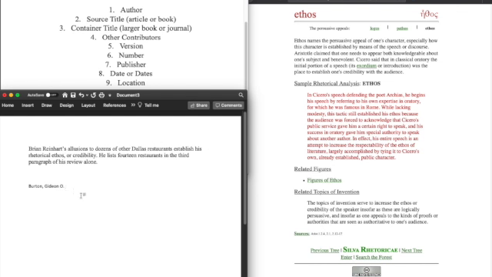So, I have Gideon Burton's name, and I know that the title of this page is Ethos. I'm going to put that in quotation marks to make it clear that it's just a single web page rather than an entire website. The next thing I'm looking for is the container. So this web page is contained on a large web site called the Silva Rhetoricae. To symbolize that it's larger than just a page, I'm going to type Silva Rhetoricae and italicize it.